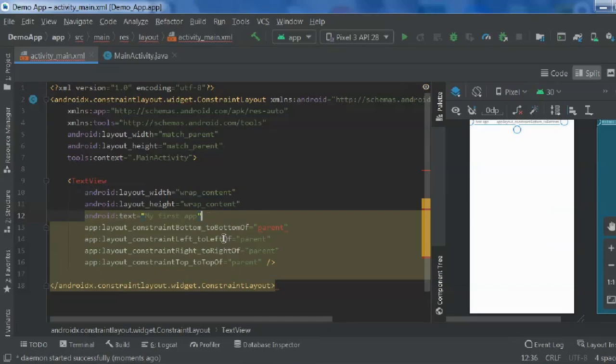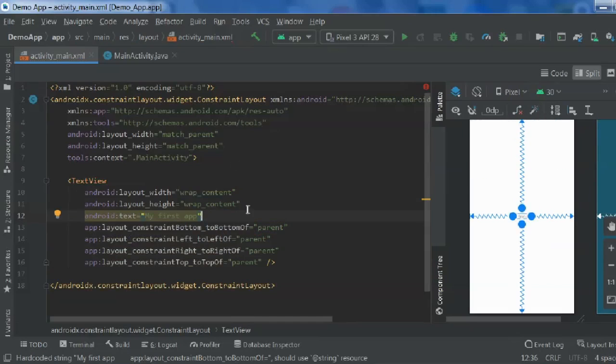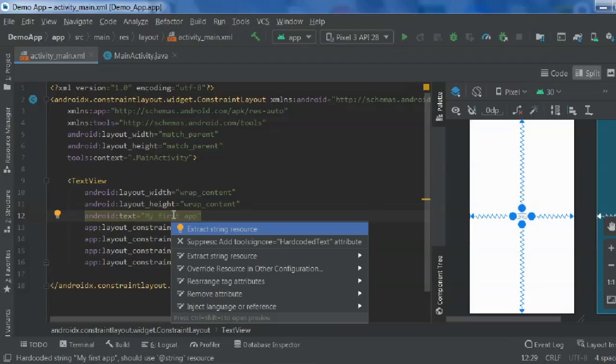And there is a warning which we need to fix by clicking alt plus